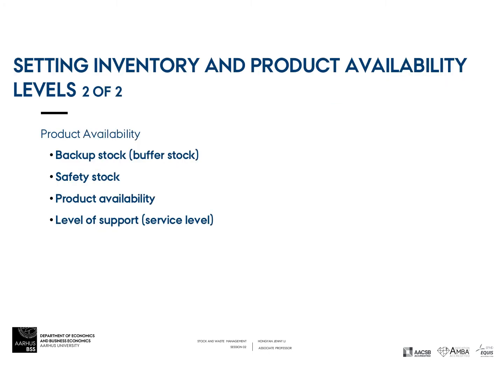So we continue to see the model stock plan. The product availability is actually explicitly determined by the inventory policies. Here we should know you should have a backup stock, a safety stock, and product availability or levels of support measurements to evaluate your product availability. This is not the focus of this lecture, but we will talk about that later in other lectures when we talk about inventory policies. So here we just mention that.